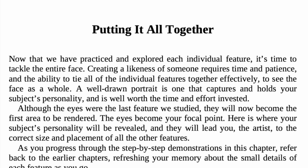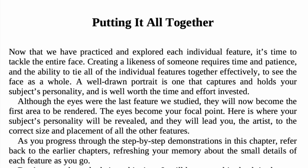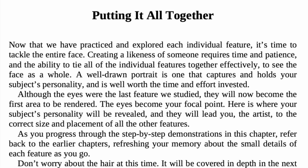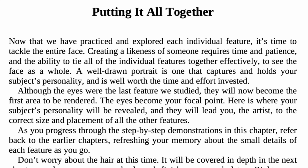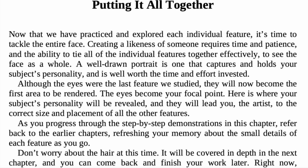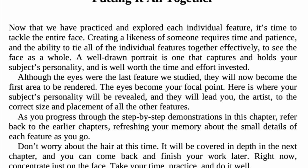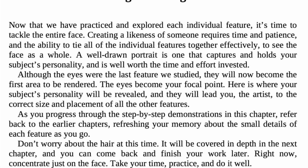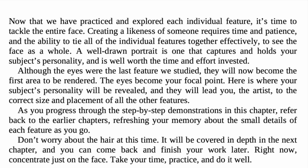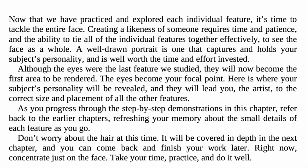The eyes become your focal point. Here is where your subject's personality will be revealed, and they will lead you, the artist, to the correct size and placement of all the other features. As you progress through the step-by-step demonstrations in this chapter, refer back to the earlier chapters, refreshing your memory about the small details of each feature as you go. Don't worry about the hair at this time. It will be covered in depth in the next chapter, and you can come back and finish your work later. Right now, concentrate just on the face. Take your time, practice, and